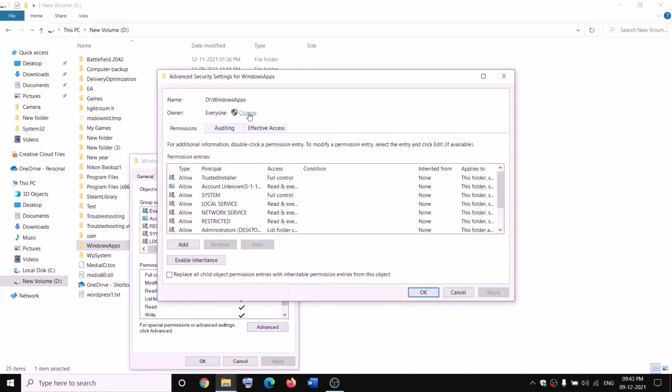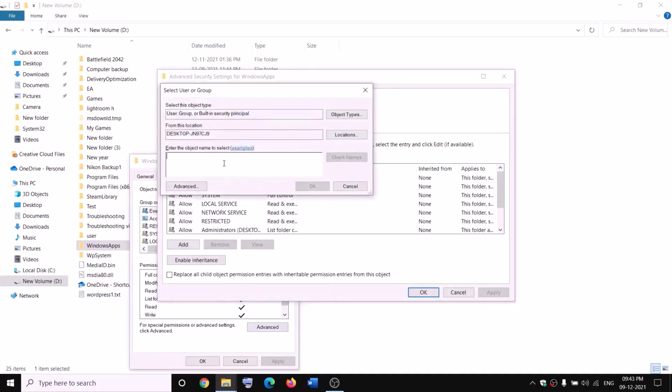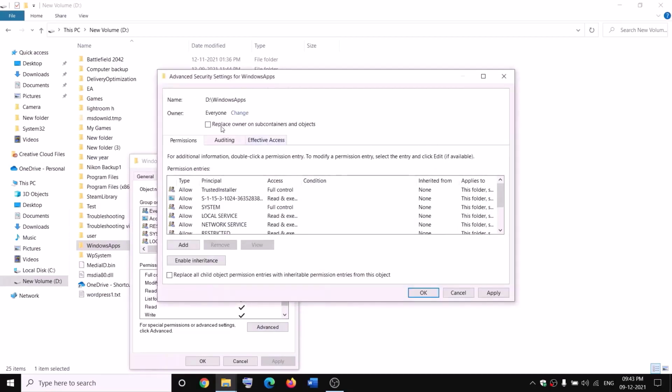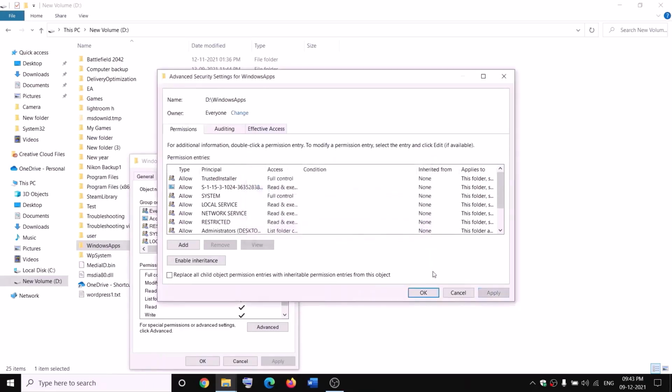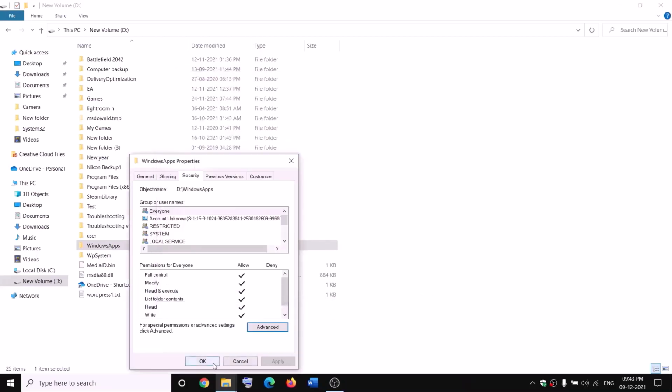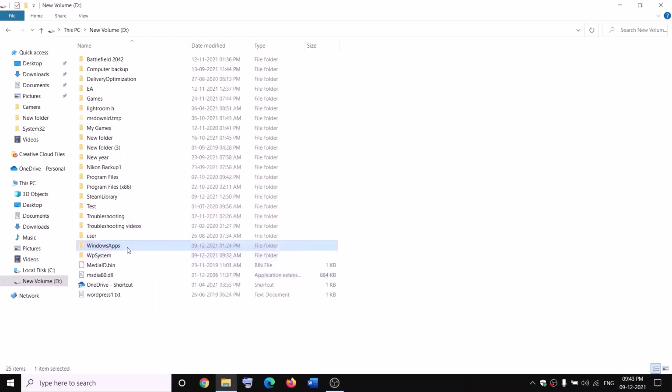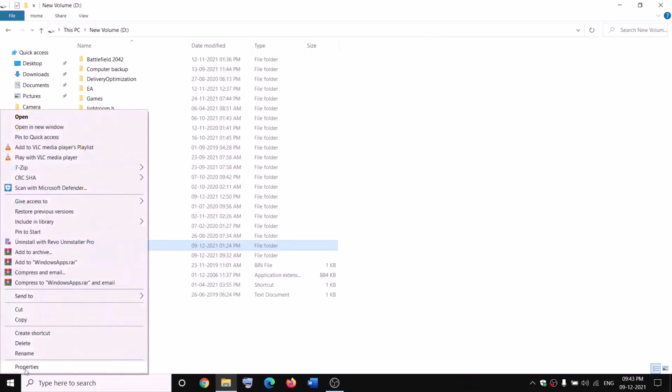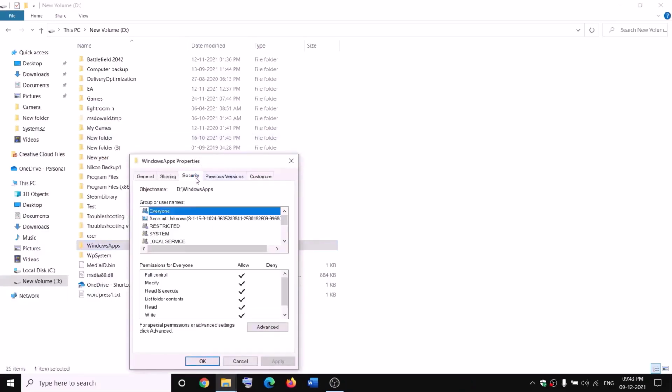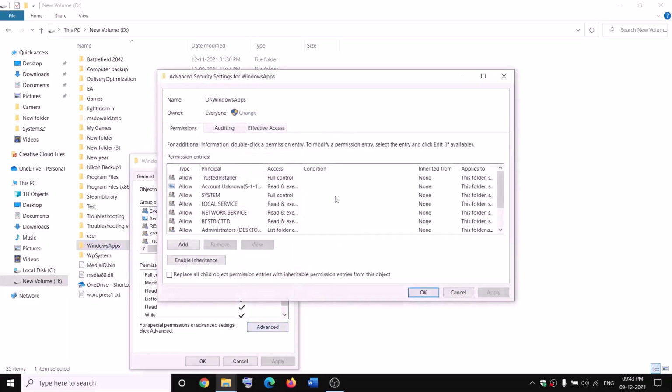Now click on Change over here, type in Everyone in the box. Now click on Check Names, then click on OK. Now put a check on the box which says Replace owner on subcontainers and objects and then click on Apply. OK, OK, again OK. Again make a right click on WindowsApps, select Properties, Security tab, Advanced, and this time